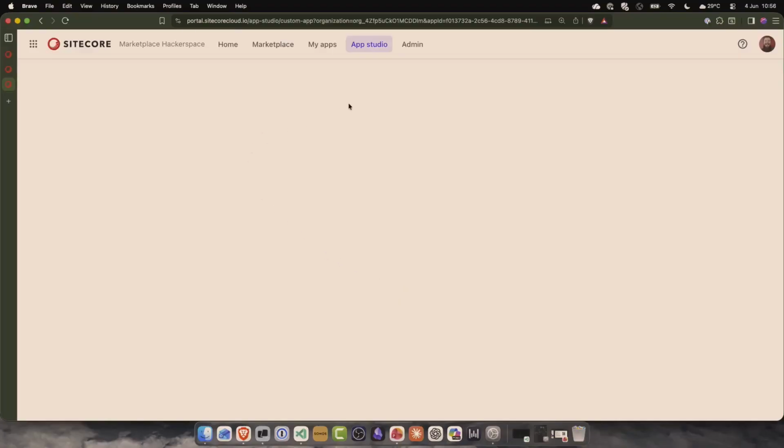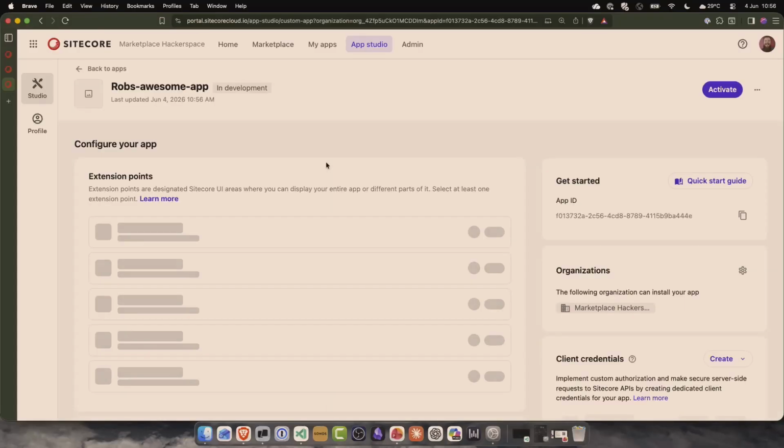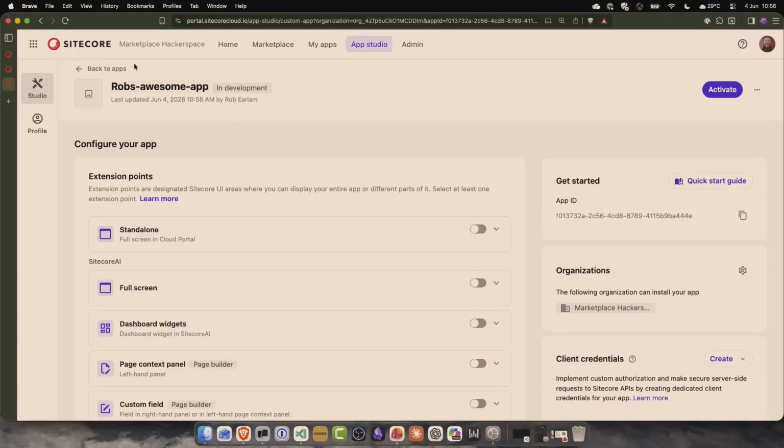This is where I get to see whether the hotel Wi-Fi is going to be nice to me or not. Let's try and refresh that. Here we go, OK. So we can see it's got Rob's Awesome App and currently in development,